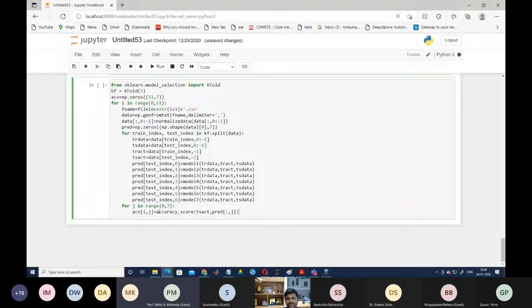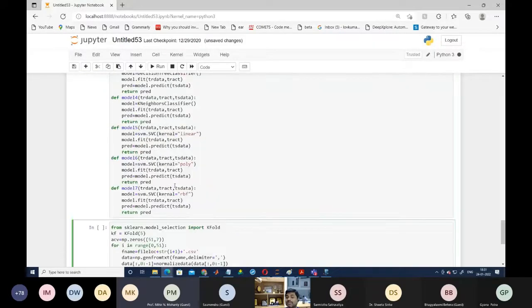Now you can see what we are going to do here. We are calculating the accuracy for the predict of j. Why are we writing j? Because here we are storing the 0th column. We are storing the predicted value using model 1, the predicted value using model 2, model 3, model 4, model 5, model 6, and model 7. So for all the models, we are calculating the accuracy value, and we are going to store it in one variable called ACB. That will calculate the accuracy value for different data by using the 7 different types of model.